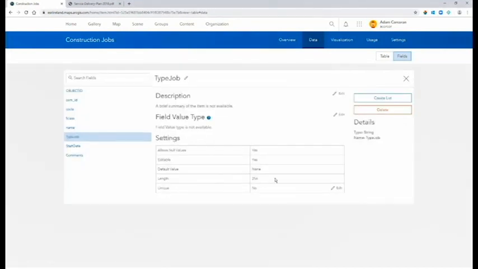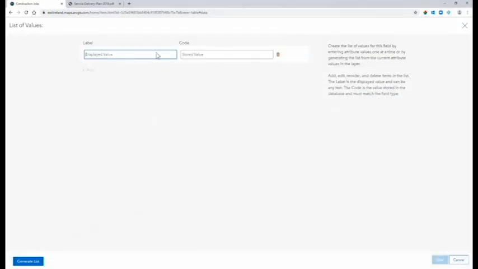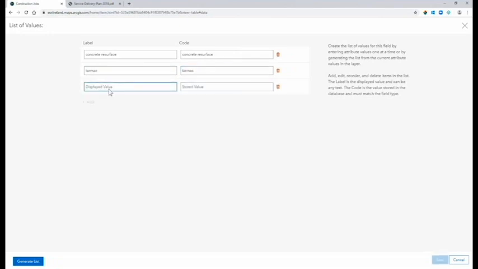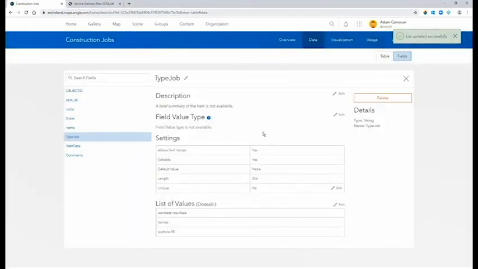So if I go in, I'm going to create a list, and that's essentially going to be my drop-down menu. I have my label, what they're going to see in the Collector app, and I have a code which is going to get written into the attribute table. So concrete resurface, tarmac, just going to copy that in, and say pothole. So once I have my list,